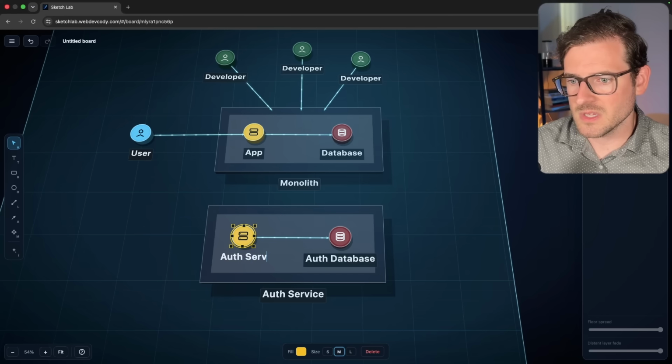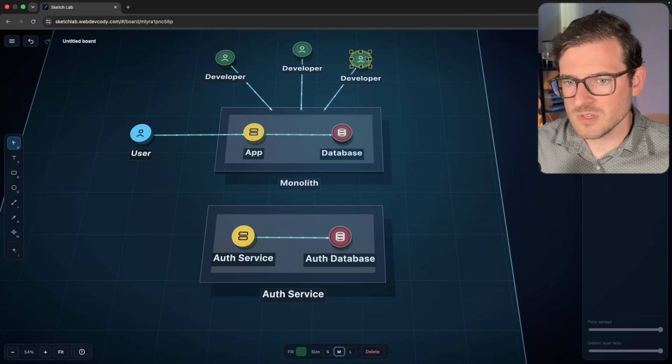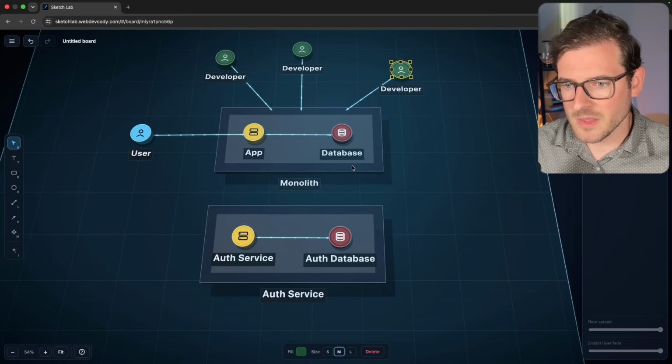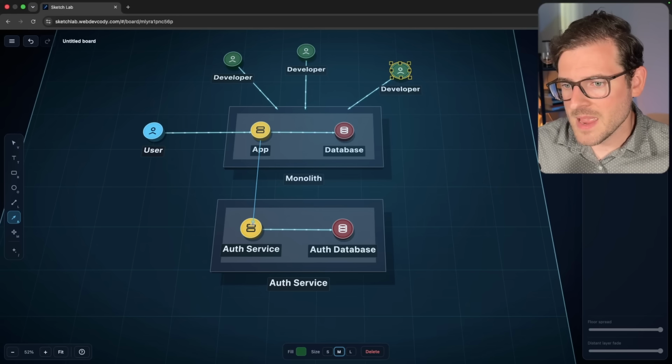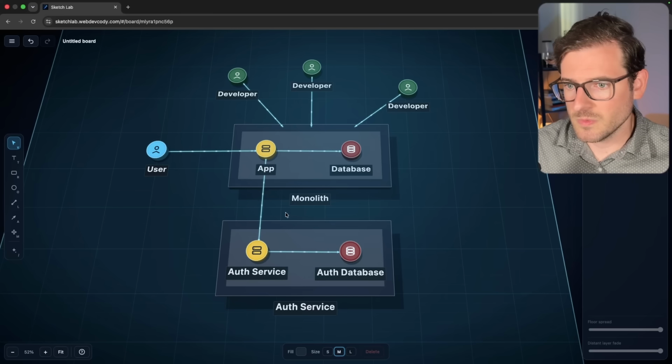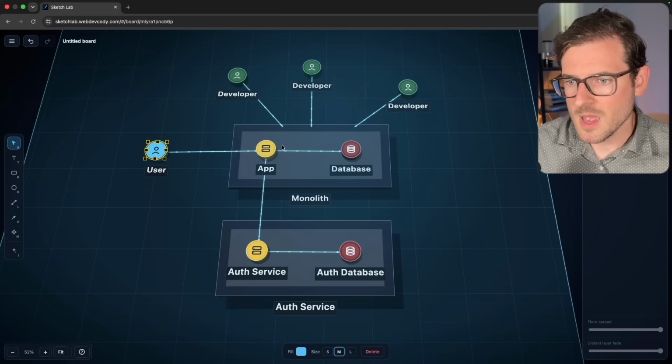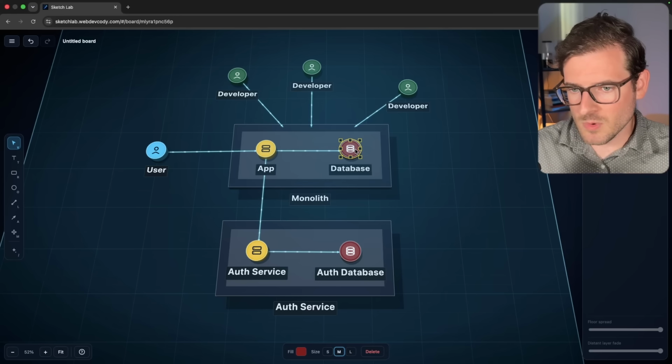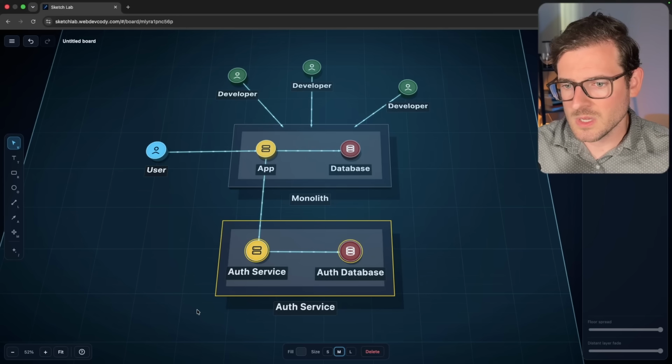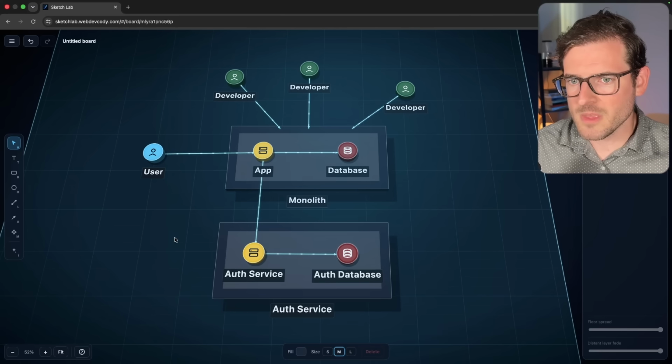So auth service. And basically, now developers have to worry about working on this monolithic application. The monolith may go and reach for the auth service to figure out, hey, is this user actually validated? Is their session proper? Instead of having to go to this database, we've now reduced the strain on this database. We moved the data out to its own self-deployable thing. Okay, so what are the benefits of doing this, right?